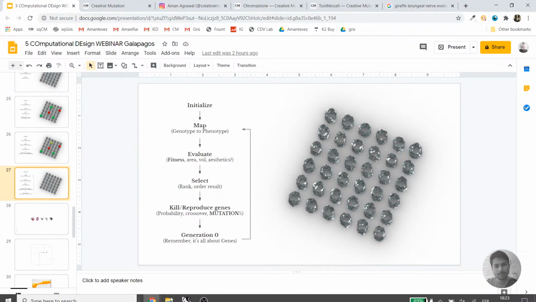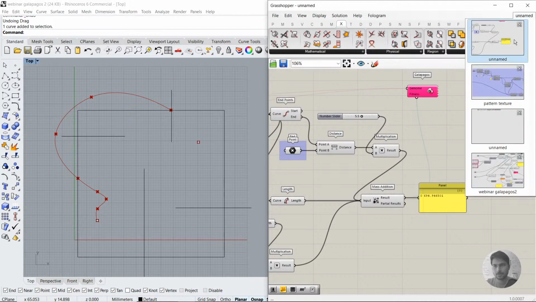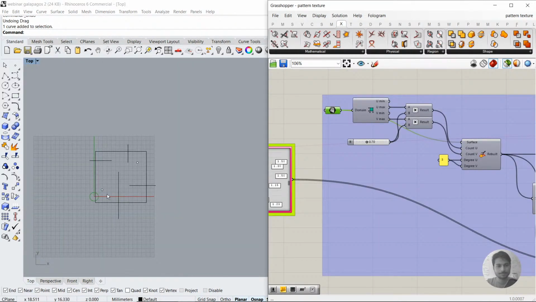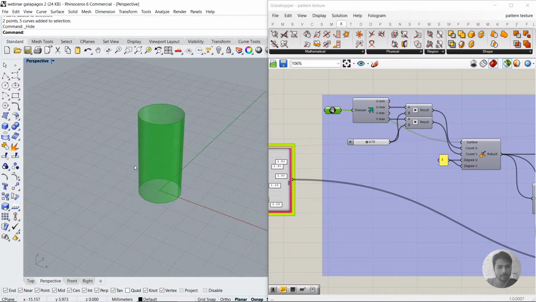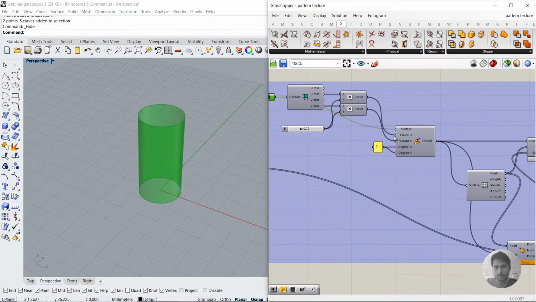I do have the file that I made for the webinar. It's here. So I'm going to hide everything else. Basically, we have a cylinder, an open cylinder. We rebuild it using